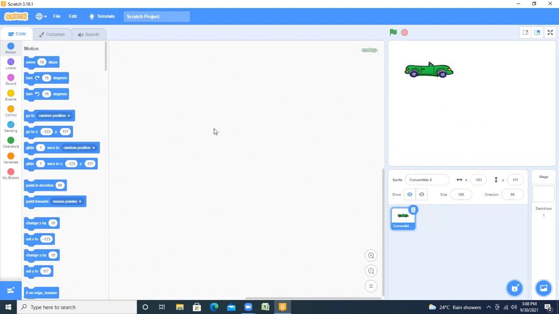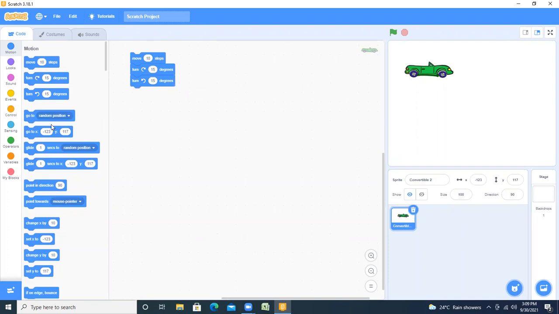So here, students, the first option in the code section is motion. Today we are doing motion. I'm showing you practically what the function of motion is. Here I take this, move 10 steps. Now again, turn 15. I just place this, and it is automatically adjusted itself. Okay, you just leave this.